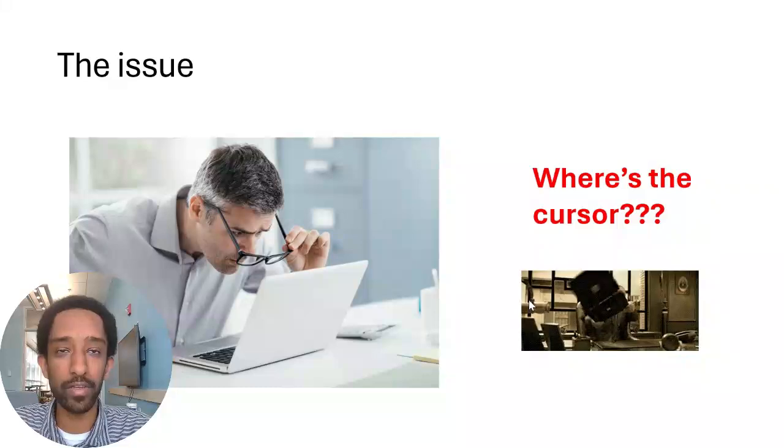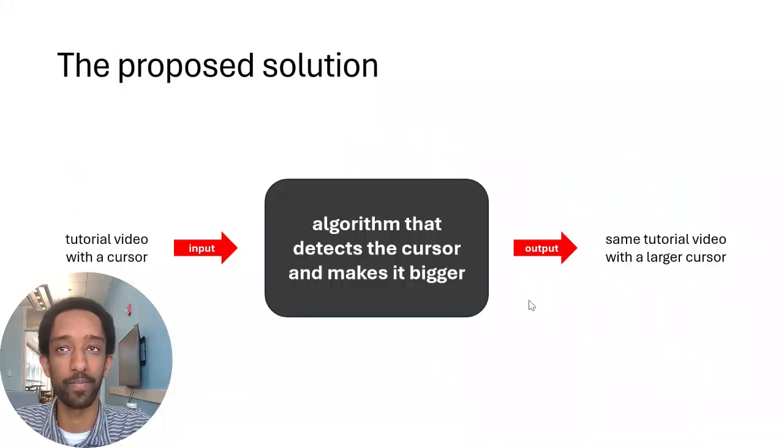So, a solution to that problem that I thought of when I encountered it was we could make an algorithm that takes a tutorial video with a cursor as an input, and then spits out an output of that same tutorial video with a bigger cursor in the same places that the smaller cursor was, right? So then you can see where the cursor is going with no problem because it's a bigger cursor. And this is really related to computer vision because we have to be able to detect where the cursor is,